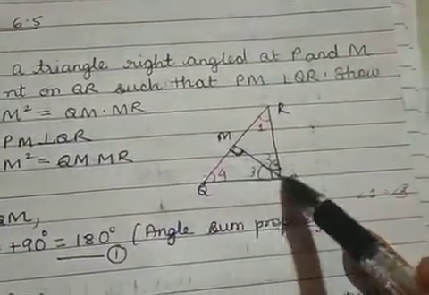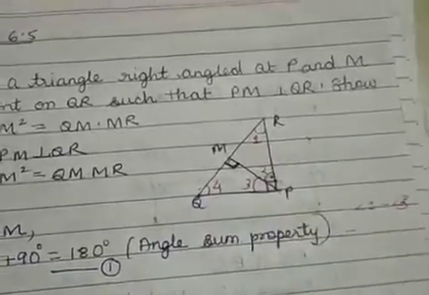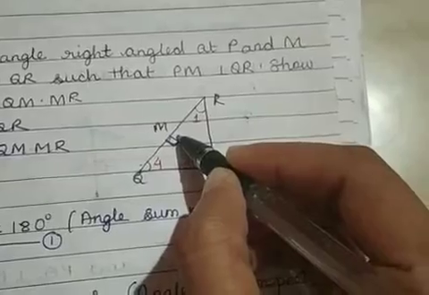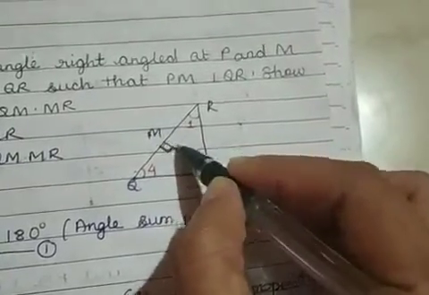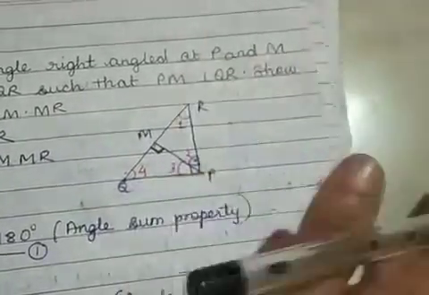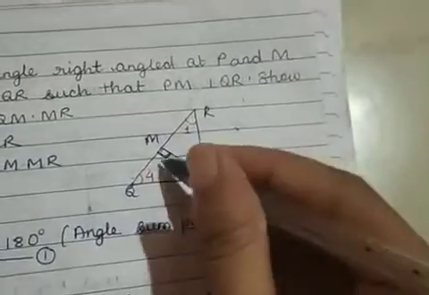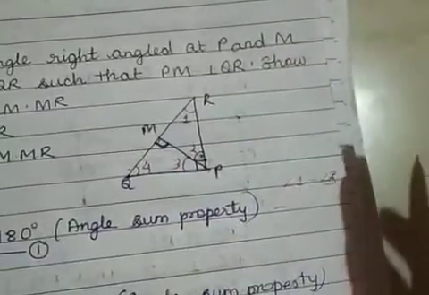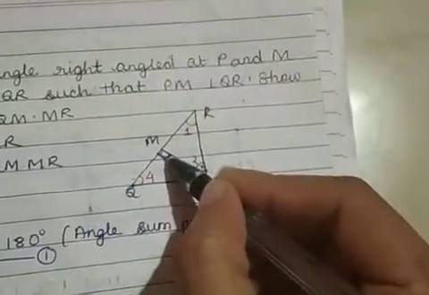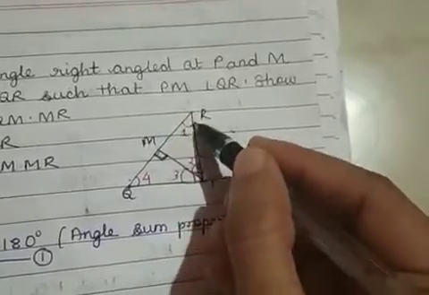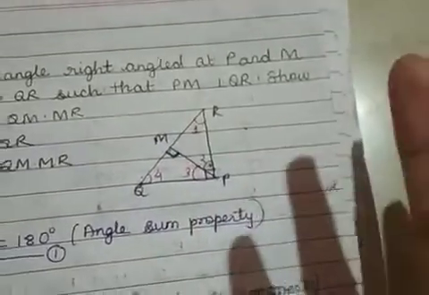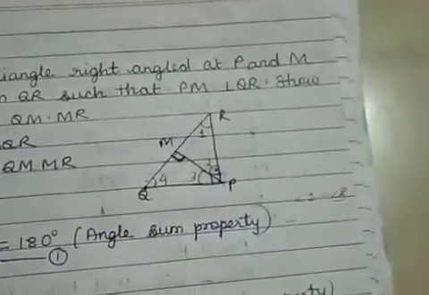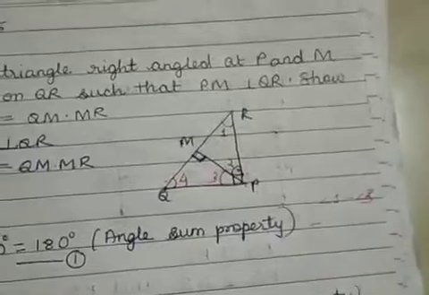Now if you want to prove that these two triangles are similar, you need conditions. One condition you know is this angle is equal to this angle, correct? Now this is only perpendicular, you don't know about anything else. You don't know whether the sides are proportional, or anything about the other angles. So we know one angle is equal, correct? Let us try to prove that the other angle is also equal, so that we can use the AA similarity criterion to prove that the two triangles are similar.